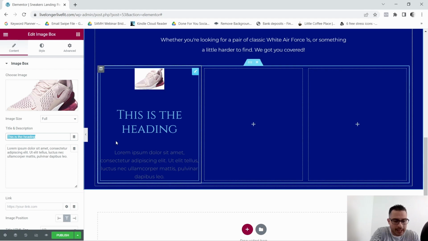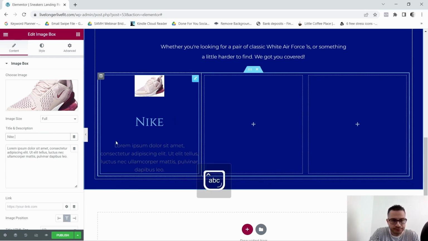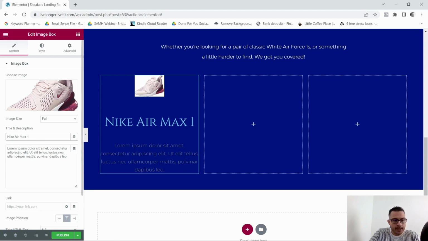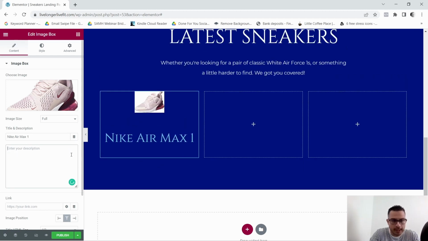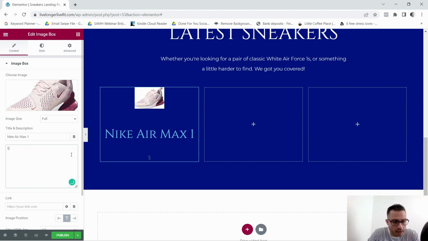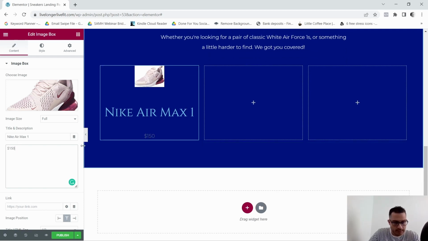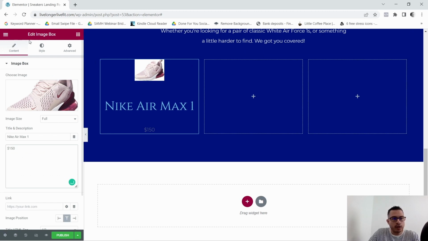So I'm just gonna say Nike Air Max, let's say 1, okay? And for the description, I'm gonna grab this description here and I'm just gonna put in the price. So I'm gonna say 150 bucks. Okay, this is how much this sneaker costs. All right. Now we're gonna go to style,